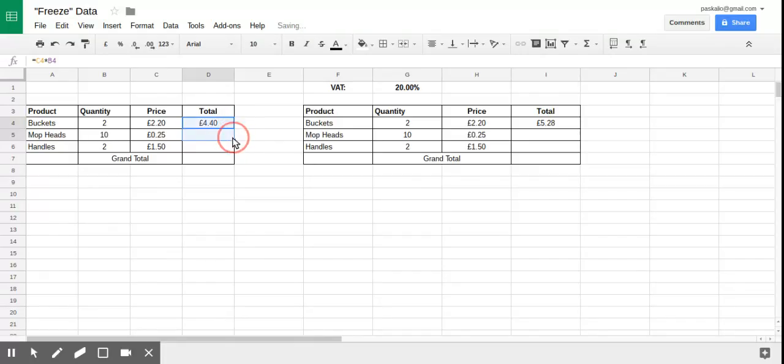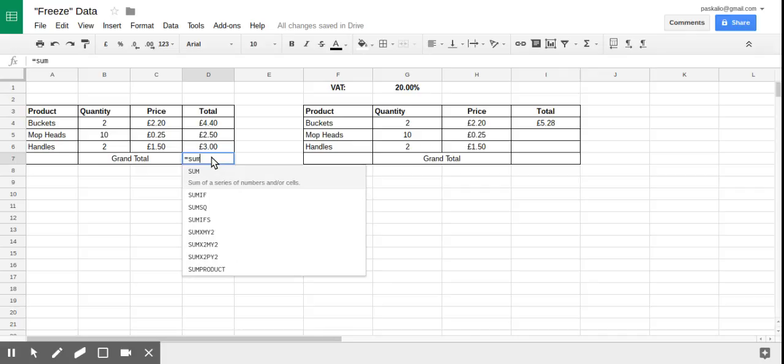If I drag that down by 1, it automatically copies this formula down plus 1 on the row. So if I double click on this, you see the purple and orange color. It takes these two and multiplies. This one takes another row down and multiplies these two. What it does by dragging down is copy down the formula, always take the same columns and just increase rows plus 1. So let's say the grand total equals sum